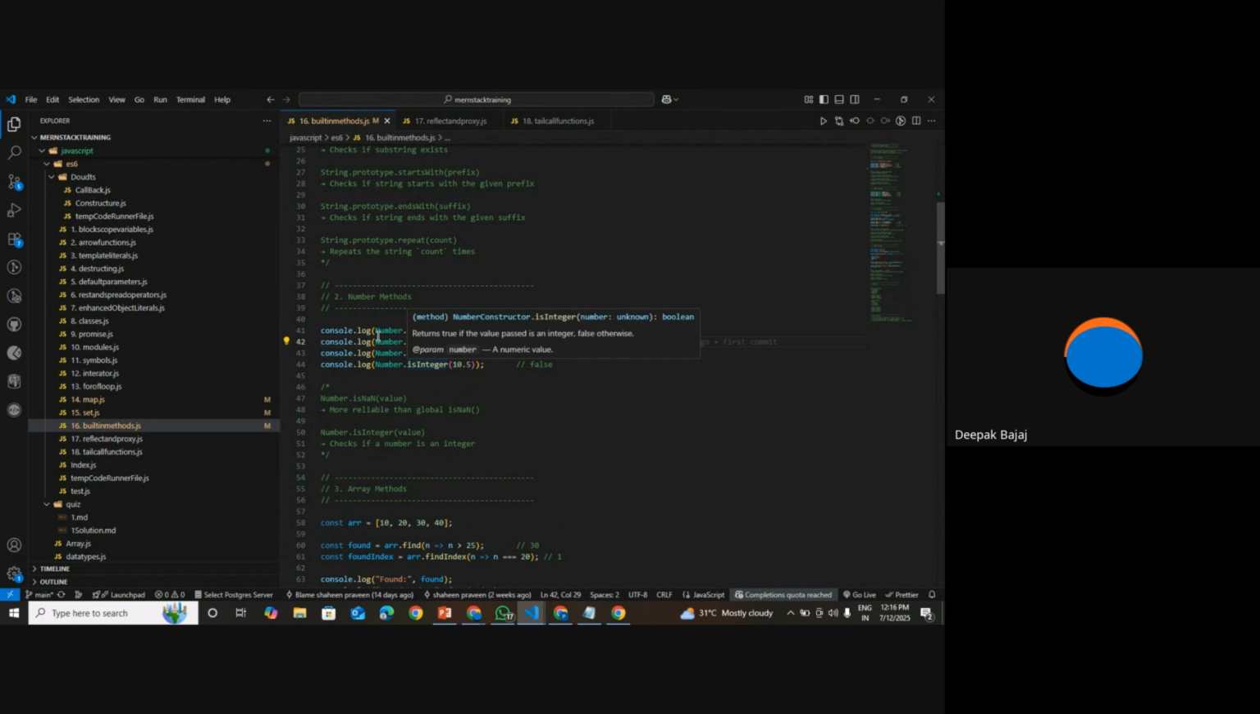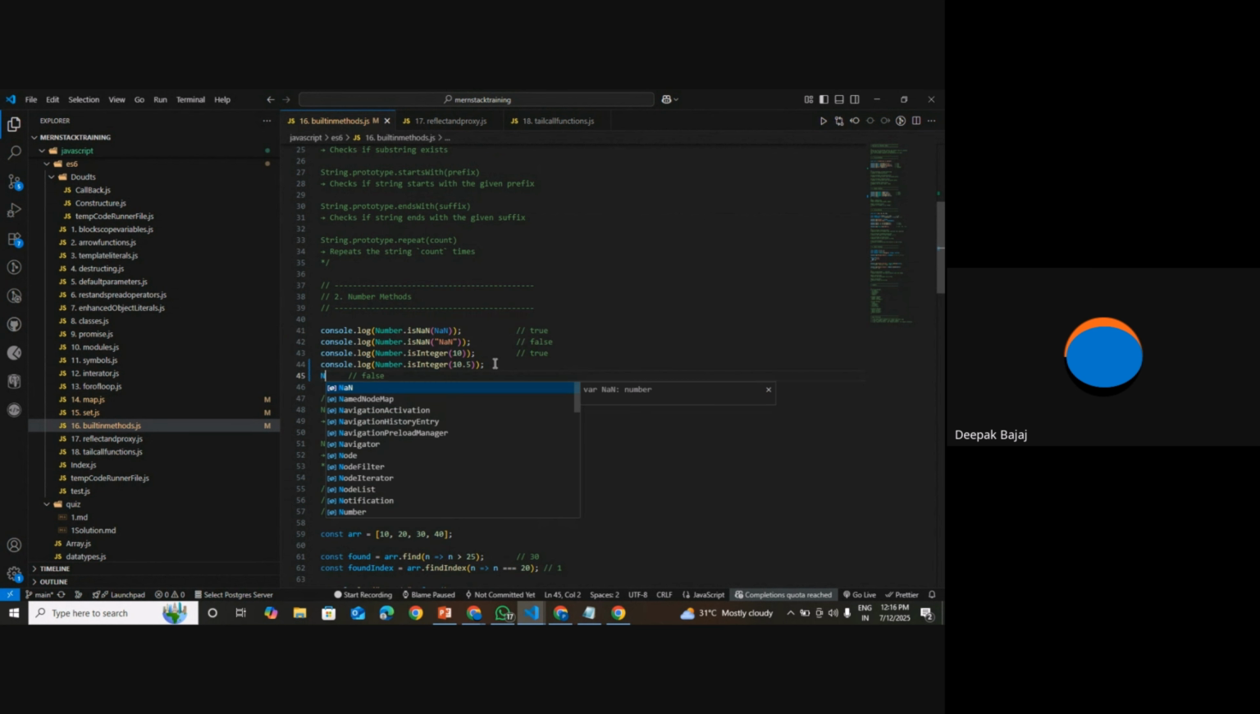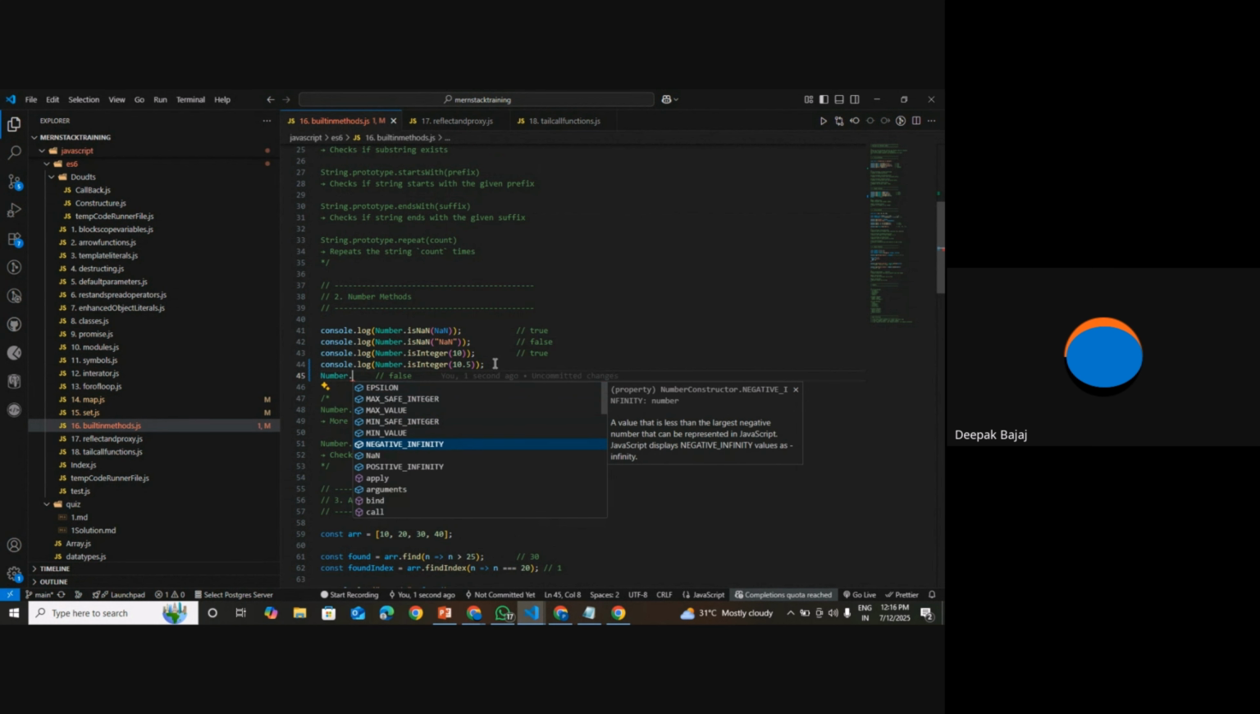But there is isInteger, isFloat, or is not float. There are a lot of things. Let's say Number dot this. Okay, so these are the properties, but these are the methods: isNaN, isSafeInteger. Safe integer means whether this integer is in a given range or not. Okay,